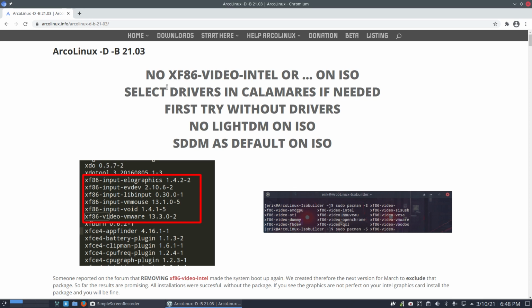I start with the most important thing that we figured out in January. We already started with that. We had an ISO that had no xf86-video-intel on it and one that had it. So we released two ISOs of the same flagship, one with and one without. And what we've learned the last two months is that we actually do not require any of these